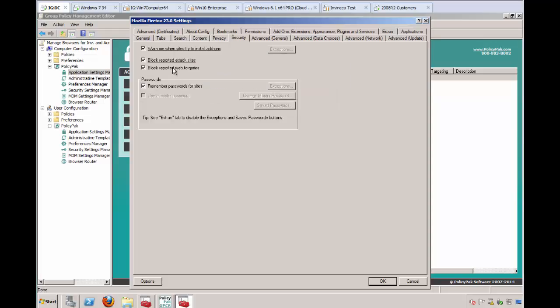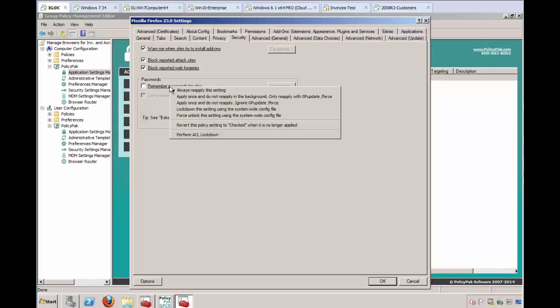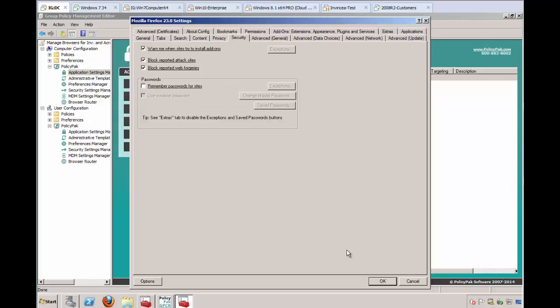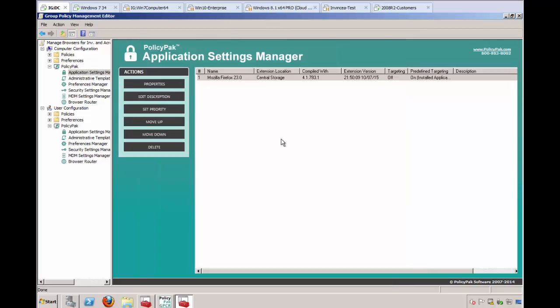Okay, so we're making sure that, again, even though the browser itself is protected from the bad guys breaking through, we still have to protect the attack vectors inside the browser itself. So block reported websites and don't remember passwords for sites. These are the kinds of things you want to make sure that you still do, no matter what your browser